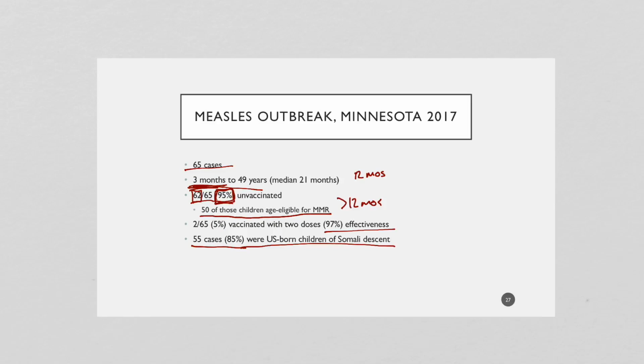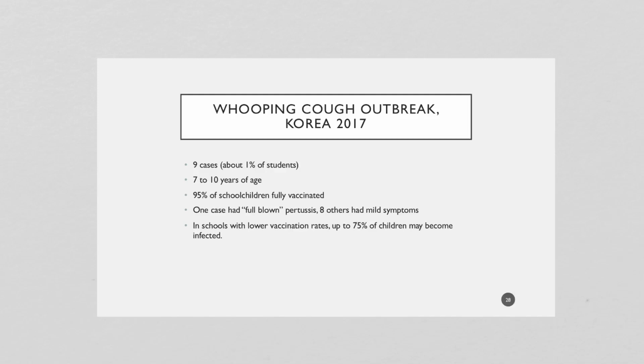So this is an outbreak of measles in Minnesota. You can read up on it. It's very interesting because it exploded very quickly, and it exploded because, again, measles, the R naught is what? Around 16. Right? And now let's look at this outbreak of whooping cough.